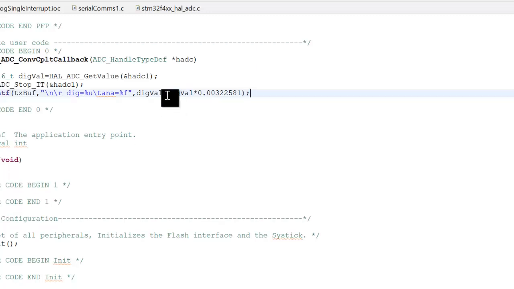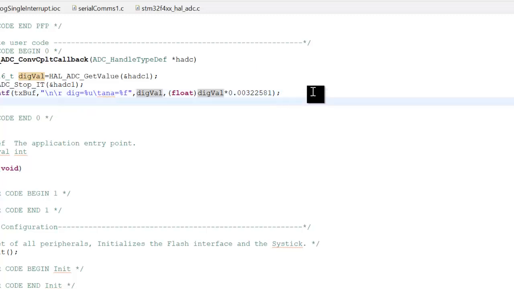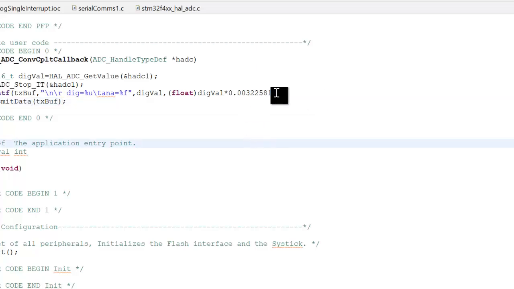But remember to make this a float and typecast it, and then transmit whatever is inside the tx buffer. Now we use %f for printing float. So if you use float,